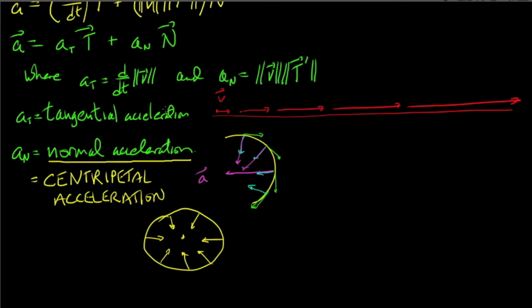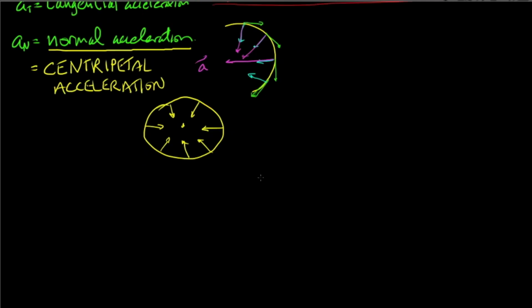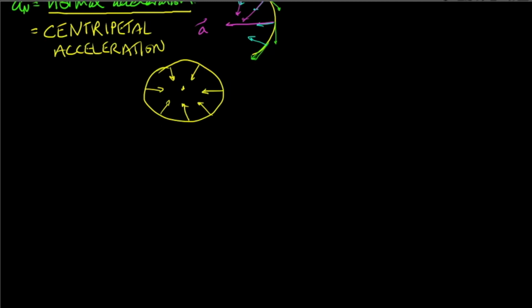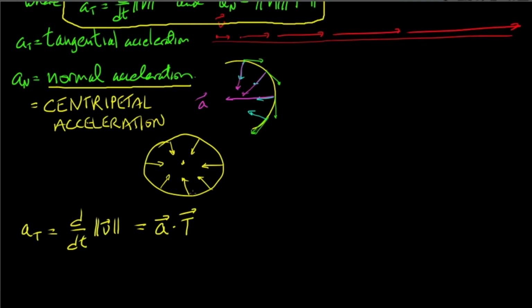Okay, so before we move on, these are the definitions of tangential and normal acceleration, but there's probably better ways of writing them. So let's write down all the different ways we can write the tangential acceleration. First of all, the definition is that it's just the derivative of the speed. Or you can take the acceleration as a vector and just take the dot product with the unit tangent vector,